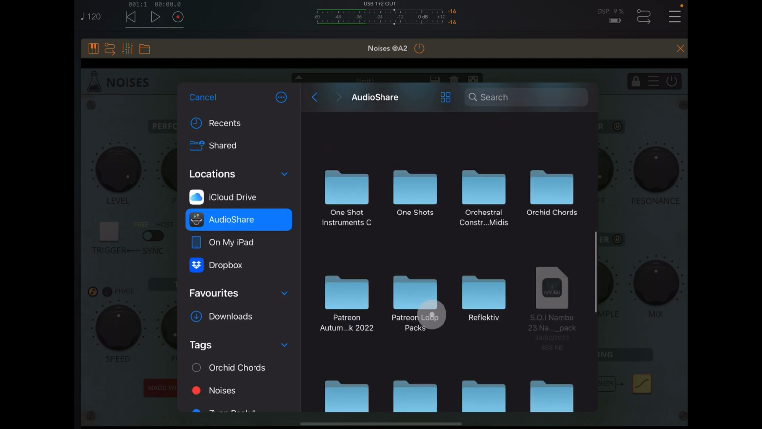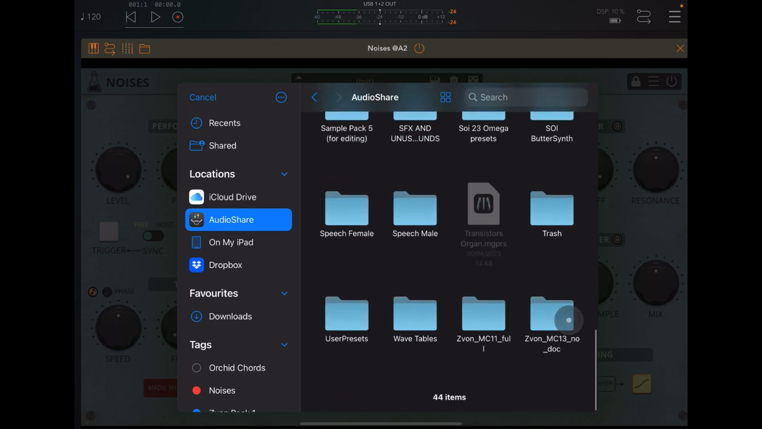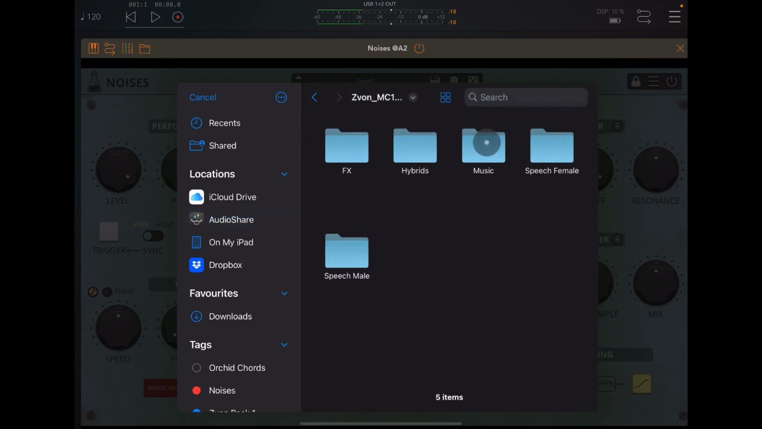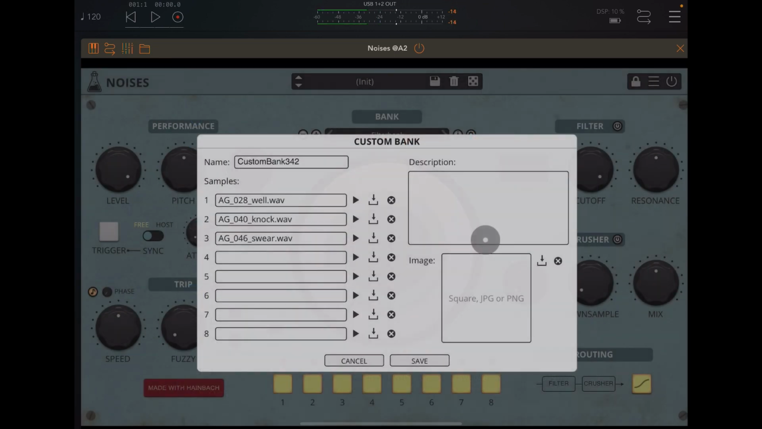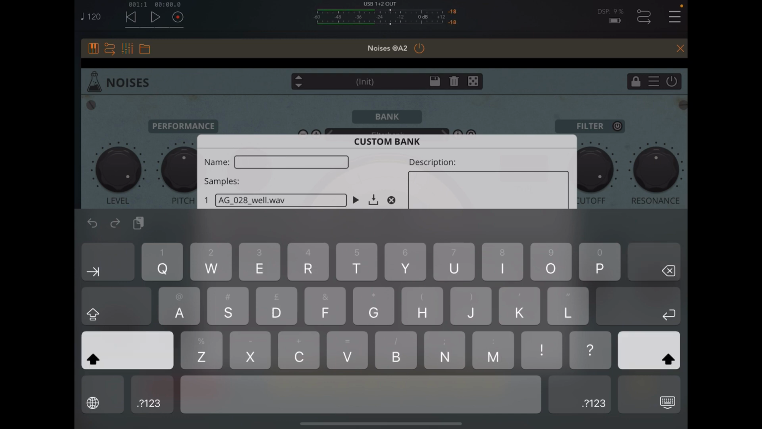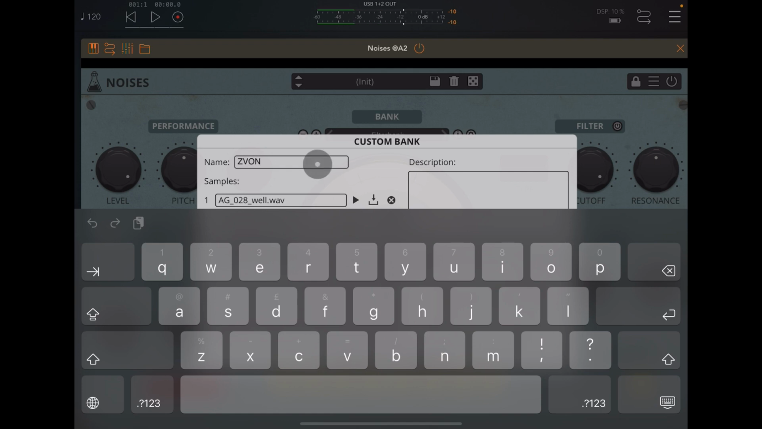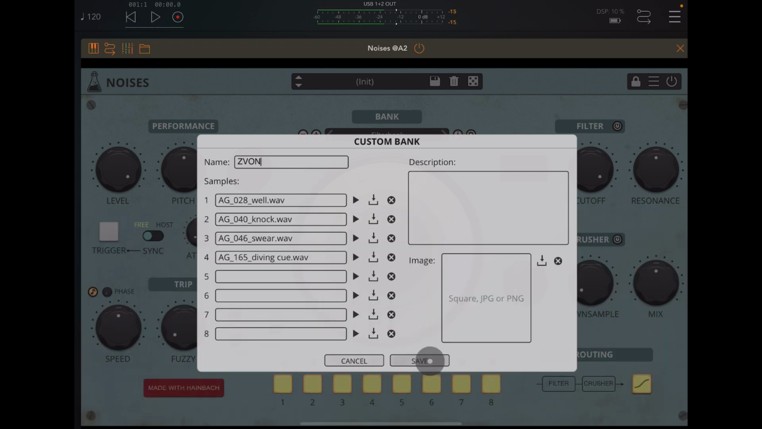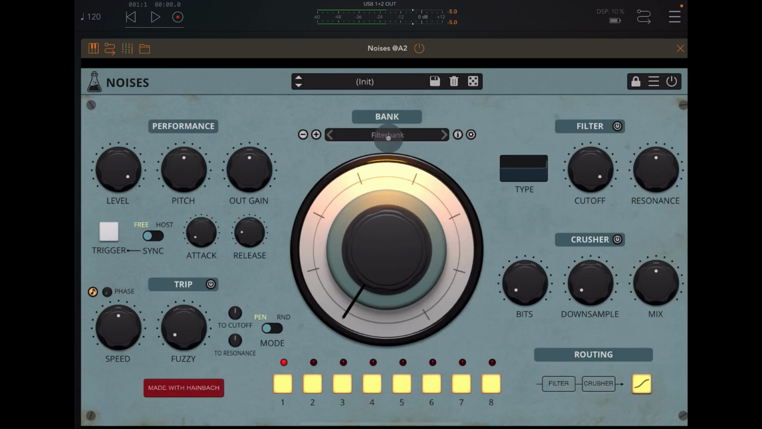Let's see, let's go and open up some music. Okay, let's just leave that at 4, and I'm just going to call this Zvon. Okay, so I'm going to do this. I'm just going to save it, and it'll save my new bank, and I'll go and find it now as Zvon. Right, now I know that I've only got 4